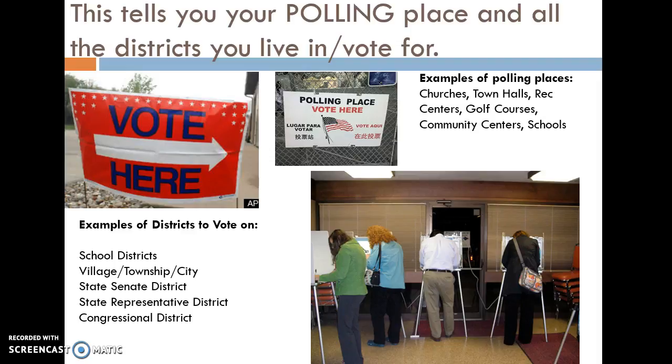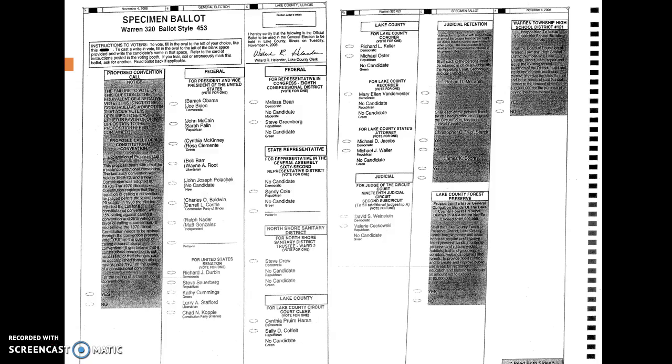Then on voting day, all you got to do is find the place in your district where people vote. In my neighborhood, it's at a church, and you just walk in, they give you a sheet of paper, you fill out your name and show an ID, and then you go to an individual booth and vote. Ballots generally look like this. You just fill in bubbles, kind of like on a test, and then you go to a machine and you scan it through, and it tallies up the votes.